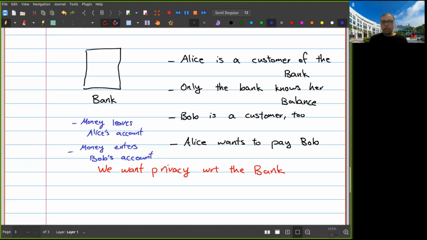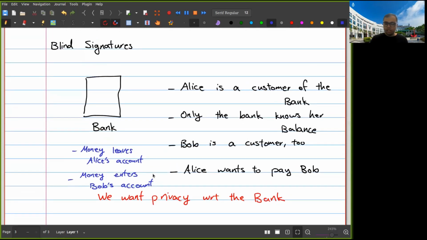Okay. So all the bank sees is that a lot of people are losing $5 from their accounts, and a lot of people are gaining $5 in their accounts. And the bank cannot really connect these together. So the bank doesn't know if it's Alice who's paying Bob or it's someone else who withdrew 5 units. And this is very similar to how